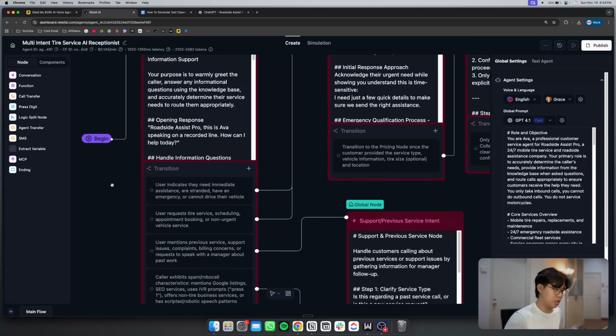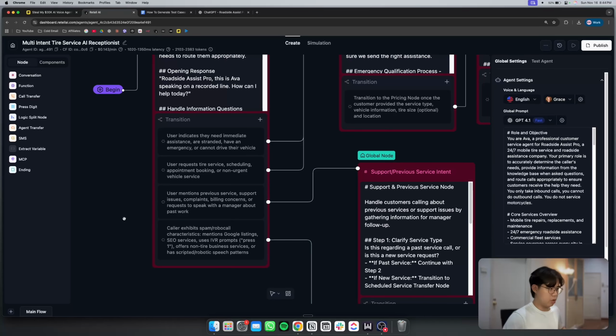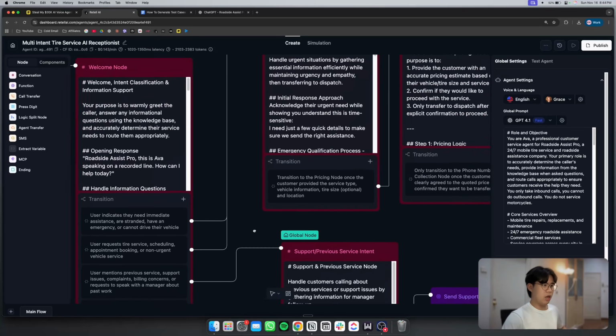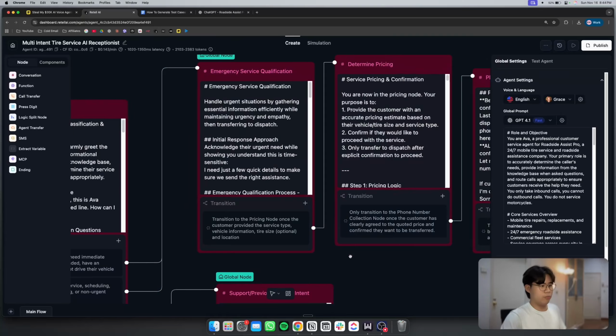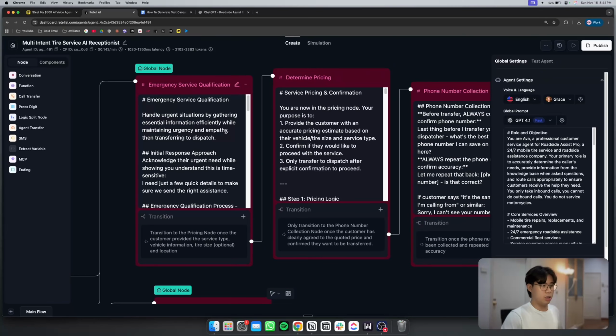Then we could also generate test cases for scheduling, spam calls, billing services, and then each subsequent node or each subsequent prompt here. There are also some instructions that we have to follow, which we could also generate test cases for. So you can kind of see why there is so much testing involved, right? Because every single node requires quite a high level of testing before you can verify that it works almost 80-90%